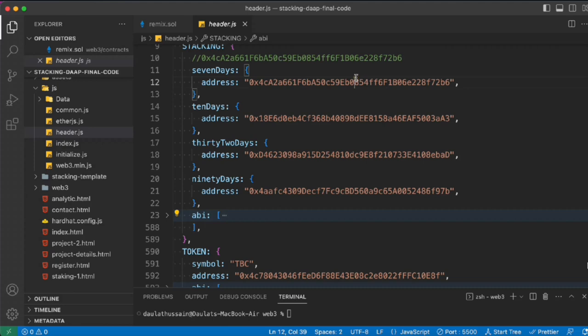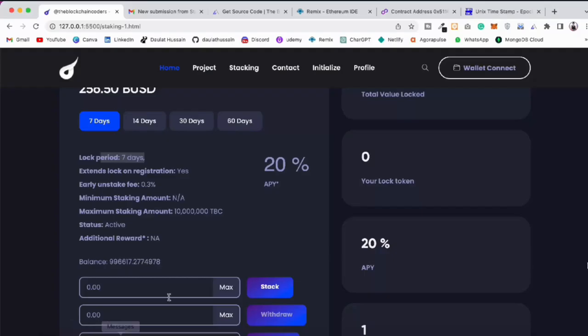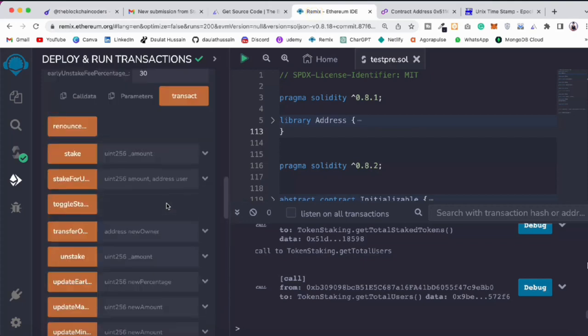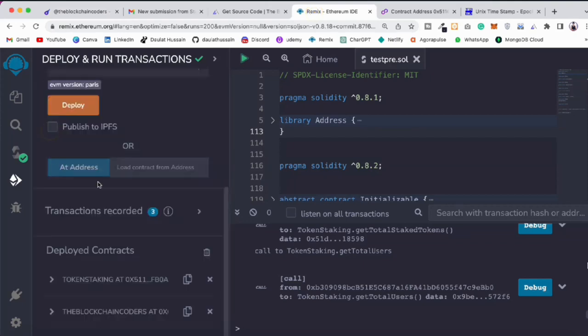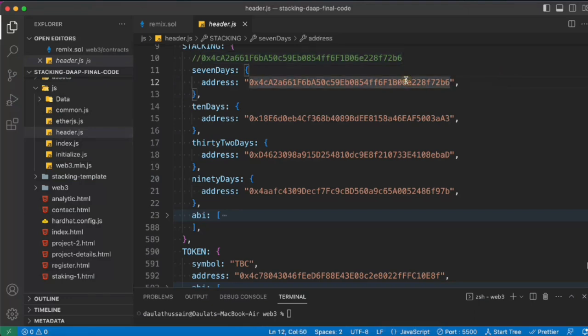Now we have to paste the address. So come back here in the Remix IDE, we have deployed the contract, and here we have the staking contract address. That's what I'm going to take. Simply copy that one, come back here and paste here. So this is the newly deployed contract address, and this one is the old one. So